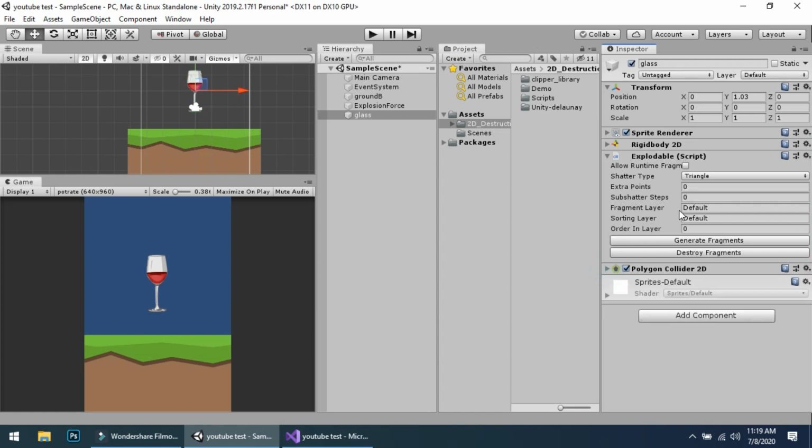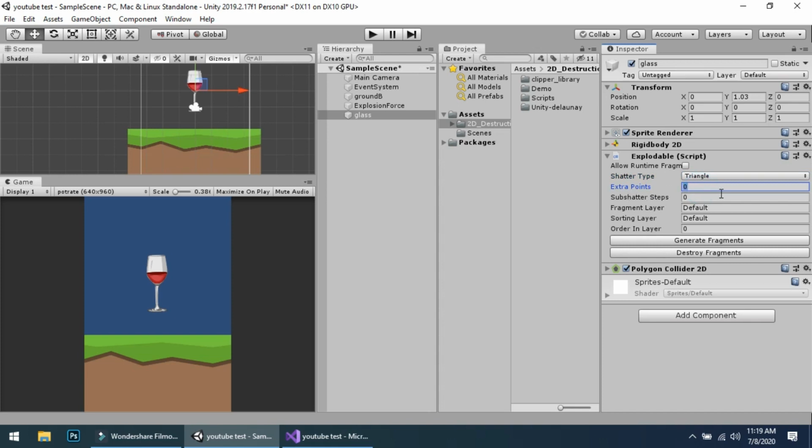Now the polygon collider 2D is attached to our object. Now go to the explodable script and extra points. Here the shatter type is triangle or Voronoi. You can choose any of them. I am going with triangle.